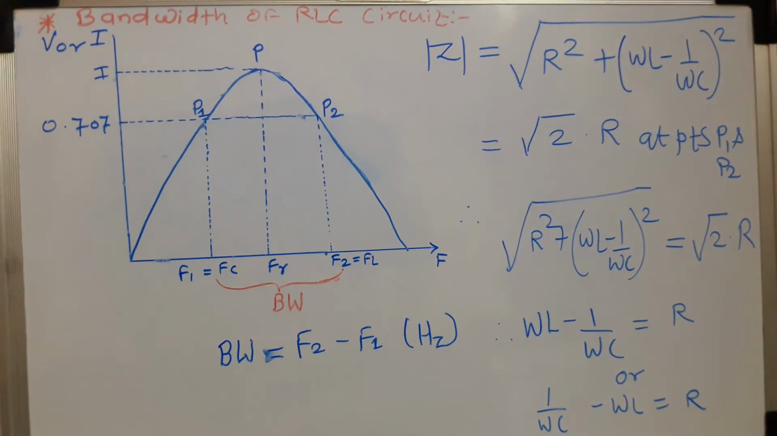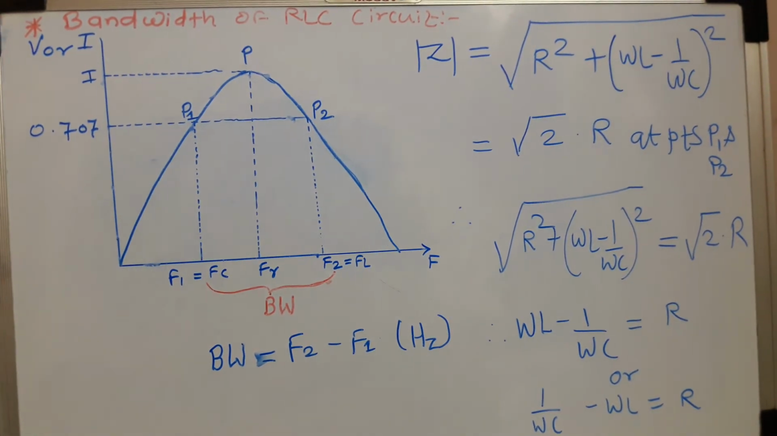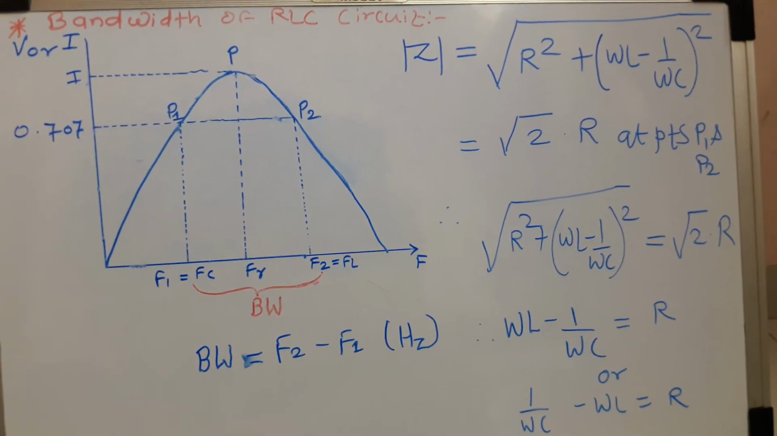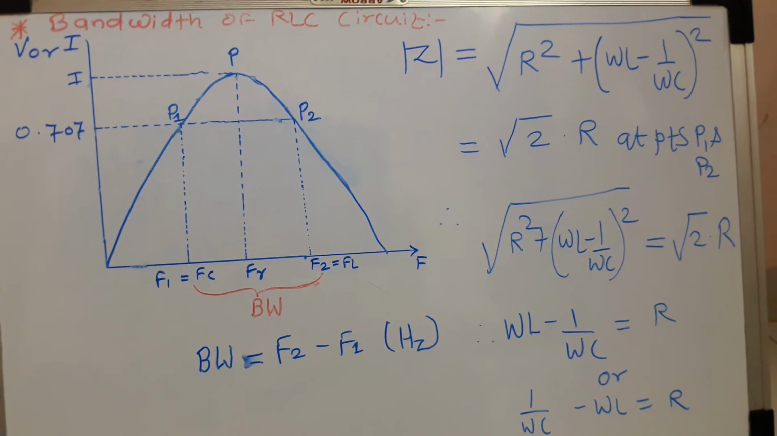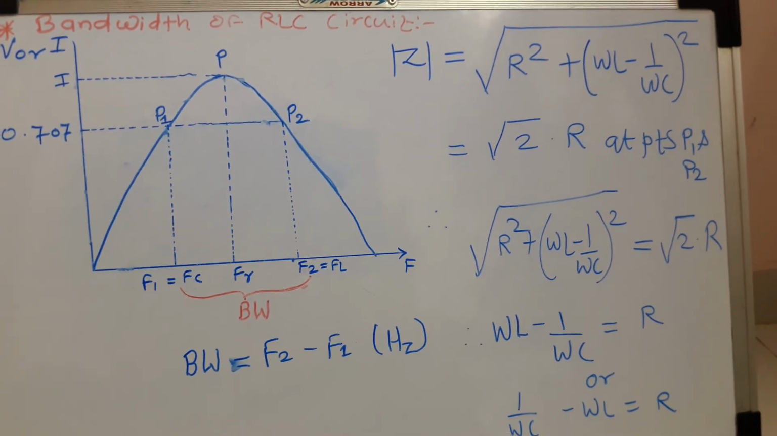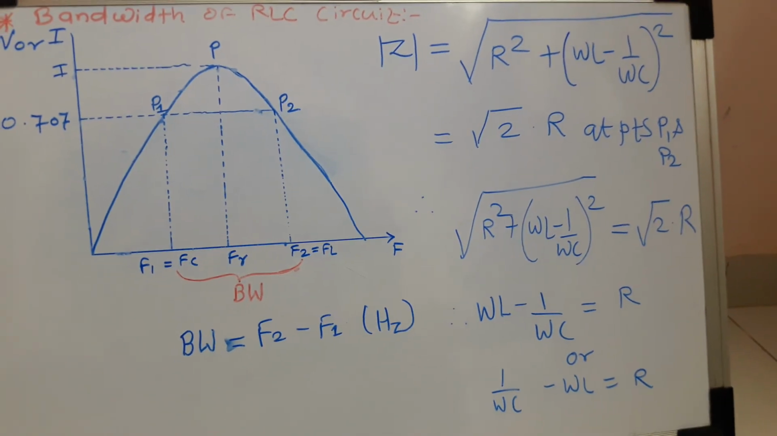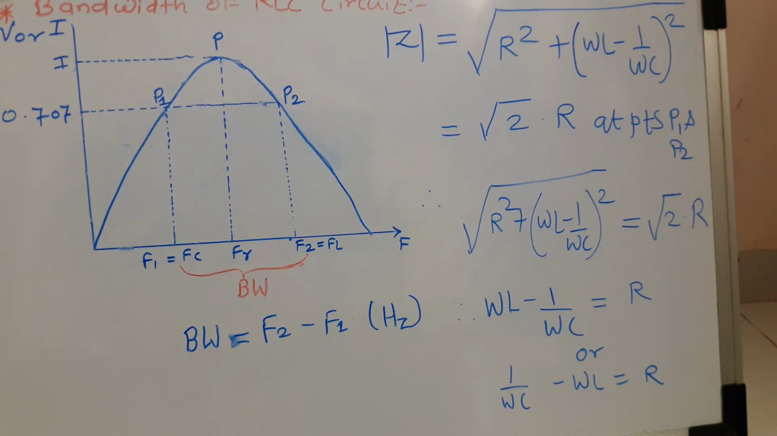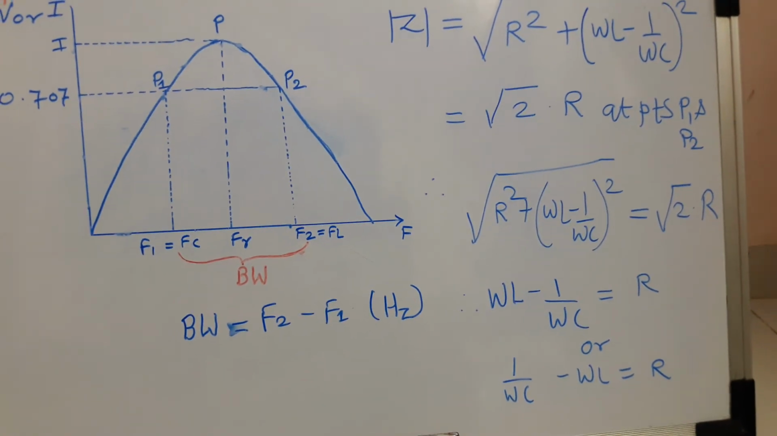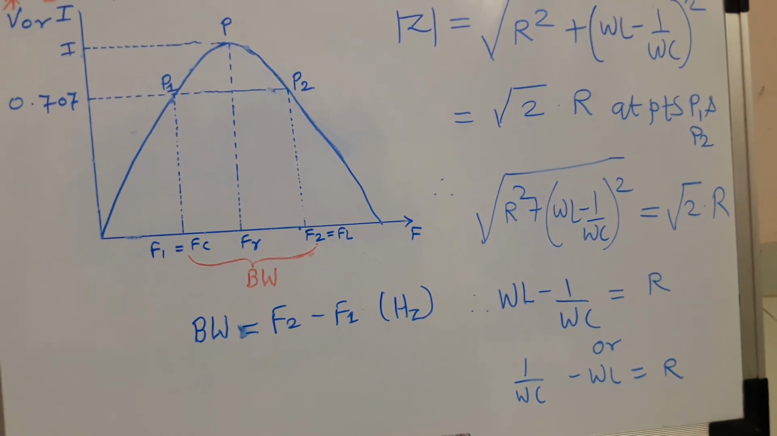We know the formula for Z is the square root of R squared plus (omega L minus 1 upon omega C) squared. So that is written over here. Now at points P1 and P2, the value of Z is √2 times R, that is shown over here. Therefore we can compare both the right hand sides. So the square root of R squared plus (omega L minus 1 upon omega C) squared is equal to √2 times R. If we equate both the sides, we can understand the bracket omega L minus 1 upon omega C